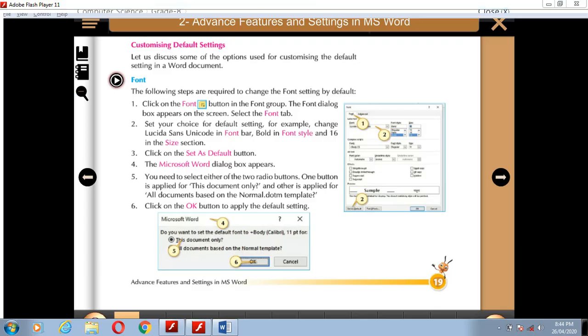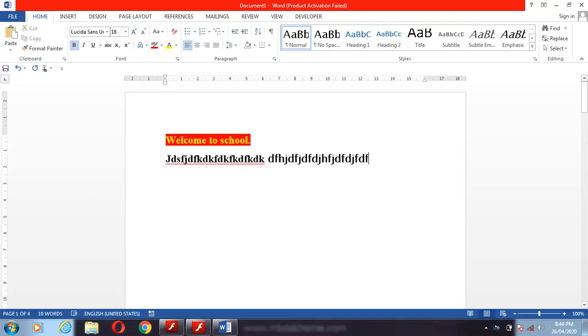See, we will do the practical here. In the file tab, go in the option. The option dialog box will appear to you. Then general.